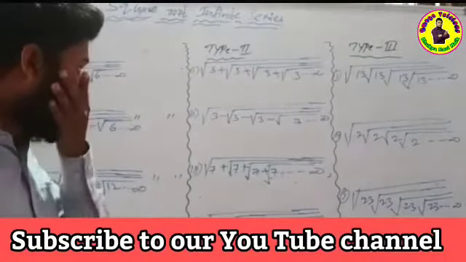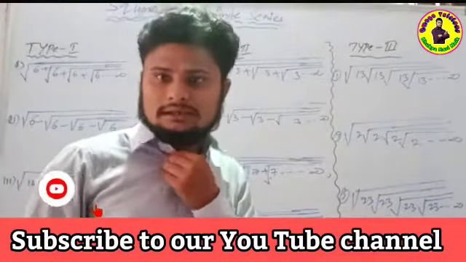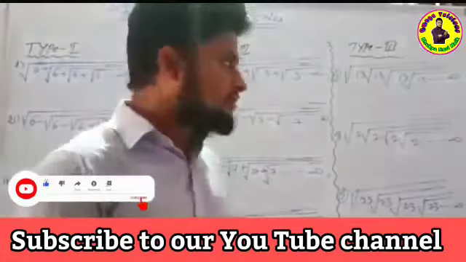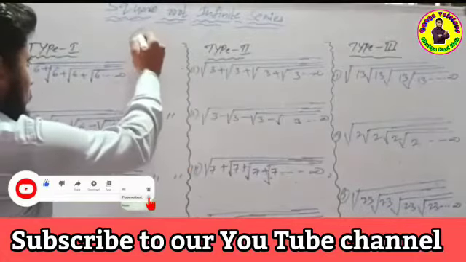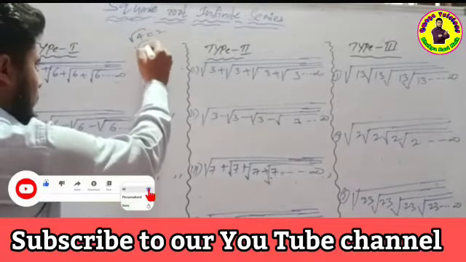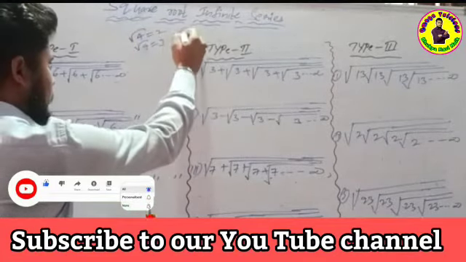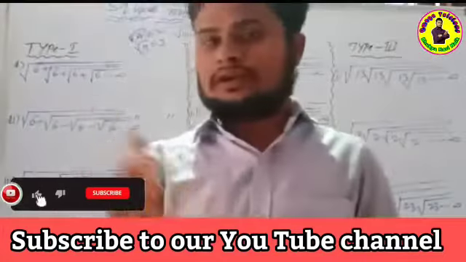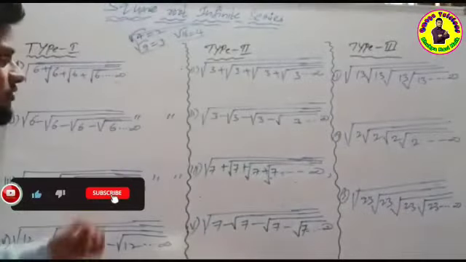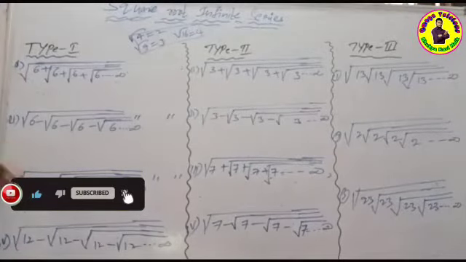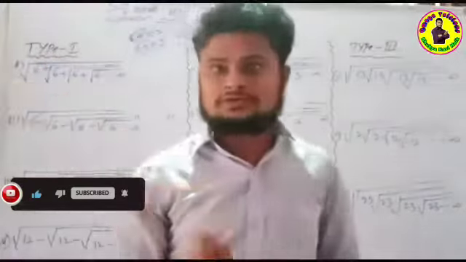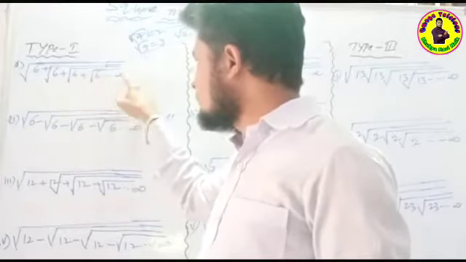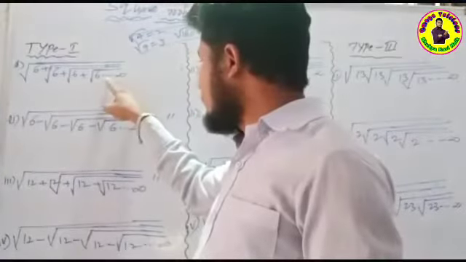In this video, we are going to learn how to find the root values. You already know square roots. Suppose the square root of 4 is 2, the square root of 9 is 3, and the square root of 16 is 4. So single roots and single values are given, and you know very well how to find the square root of a given number. But here, the given number has many square roots: root 6 plus another root 6 plus another root 6, and so on up to infinity.